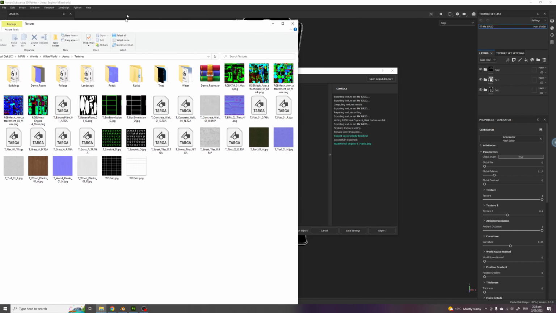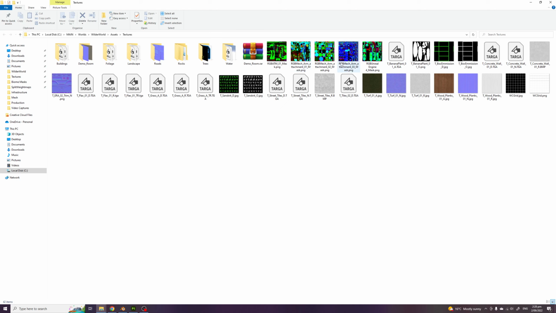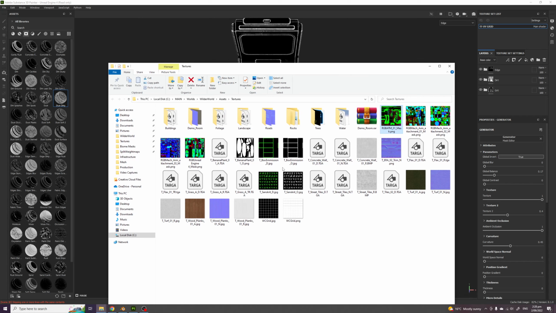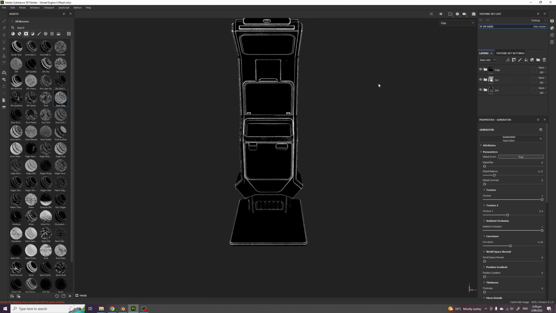Open output directory. And where's my mask at? That's HTML1. What did I call it? RBG Unreal Engine 4 mask. Okay, there it is. So we'll call it T for texture, and we'll call this ATM02 MSK. I don't know, whatever. Doesn't matter. Okay, cool. Now, this is the fun part, because